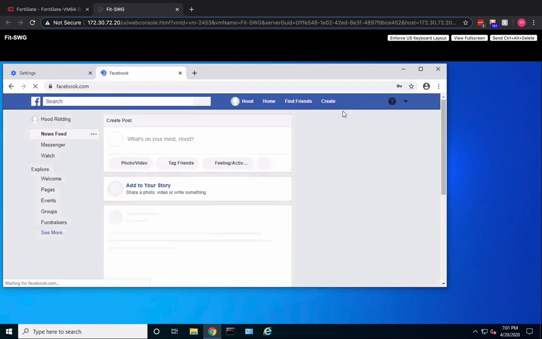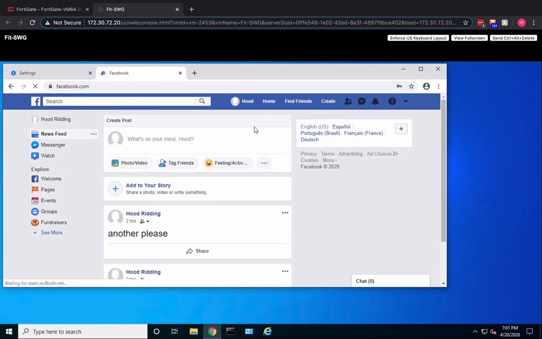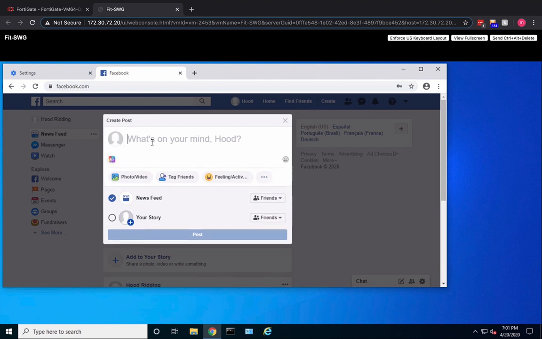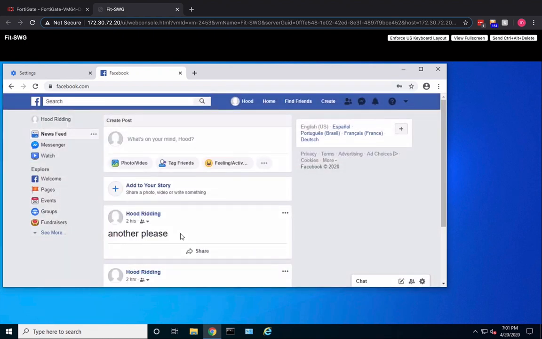So right here, we're logged in as a Hood writing. And since this person is in facilities, they don't have access to Facebook posting. We're going to test this out. Hello world. As you can see, the post isn't showing up in the thread here, but we're going to go back